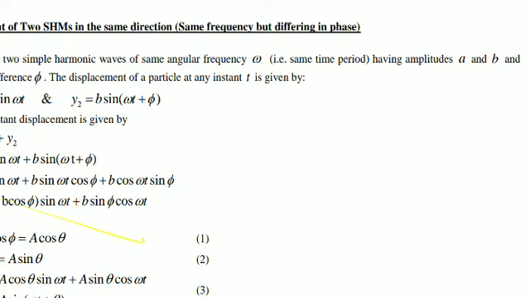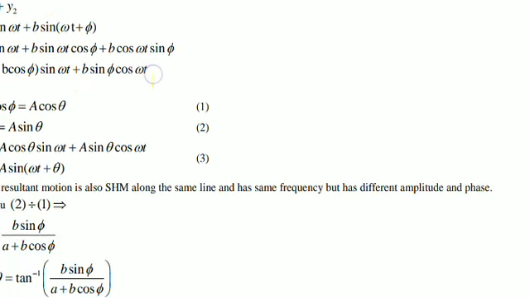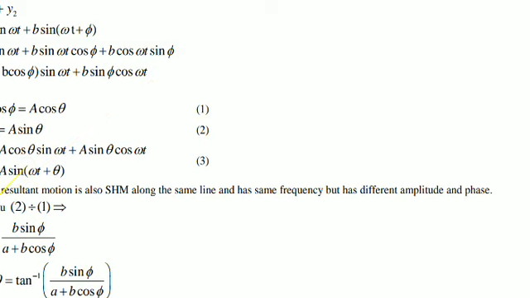So these are nothing but the equations of simple harmonic motion. So we introduce simple harmonic waves in a medium, and we are looking at what will be the resultant displacement at one particular point where these two waves arrive simultaneously. Okay, so the resultant displacement is now denoted by y, and y is equal to A sin(omega t plus theta). So from this equation, what we can say is that the resultant displacement is also a simple harmonic wave.